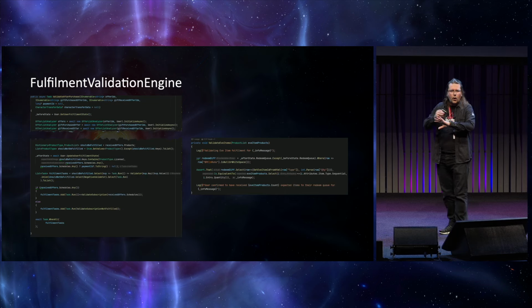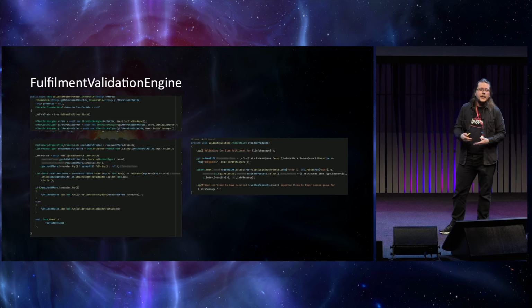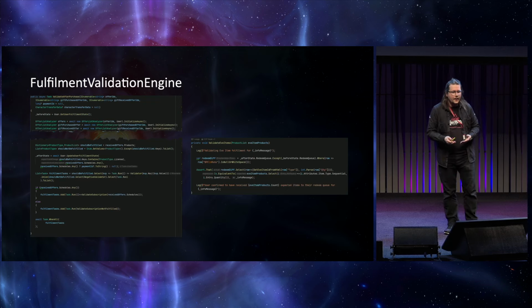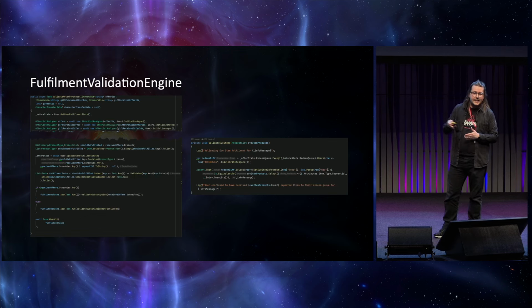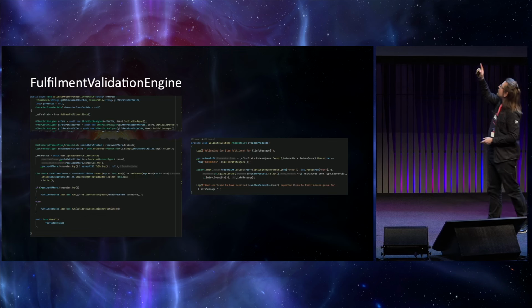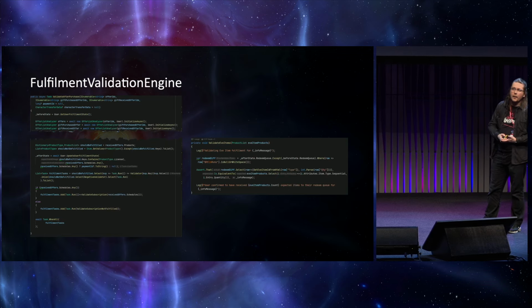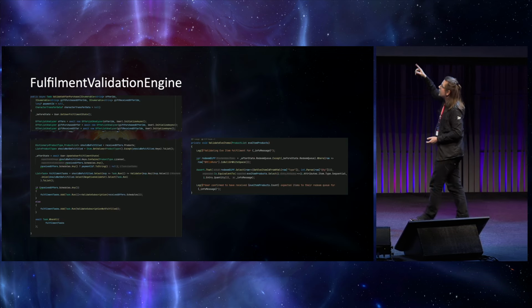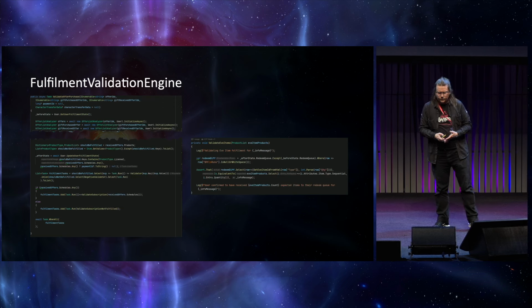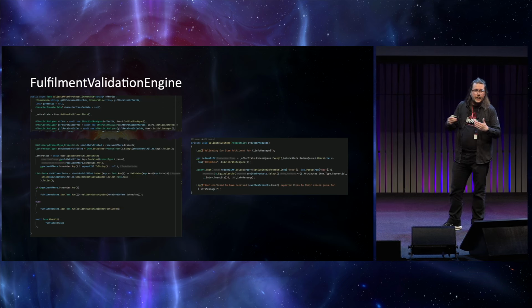But validating that all the products of an offer or a complex set of offers have been fulfilled to a user is a time-consuming process. Until, of course, you have the fulfillment validation engine do it for you. It begins by fetching the user's state that has previously been stored in the user's type dictionary cache blob. It then goes on to get the offer information and works out from that what products should be fulfilled.